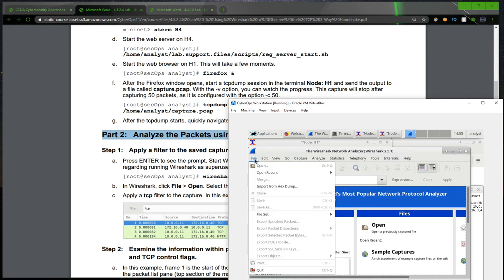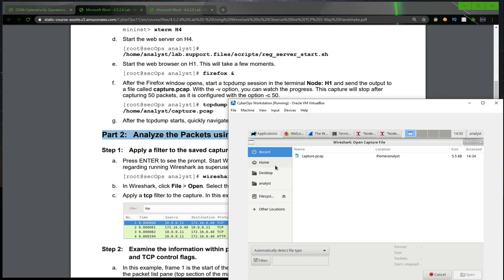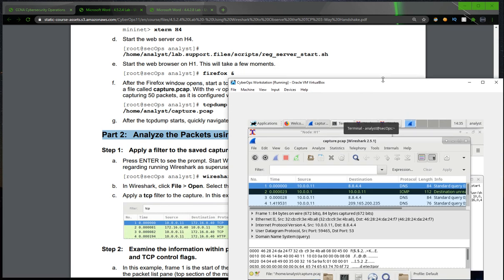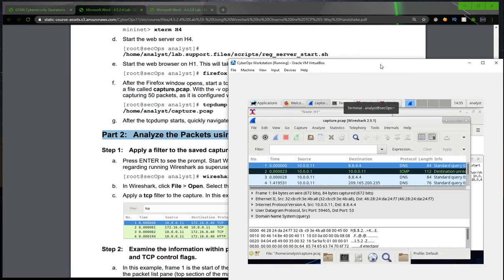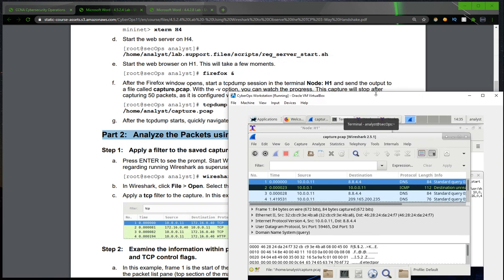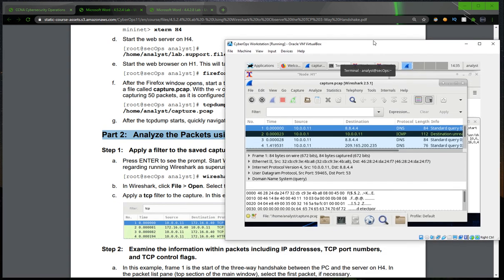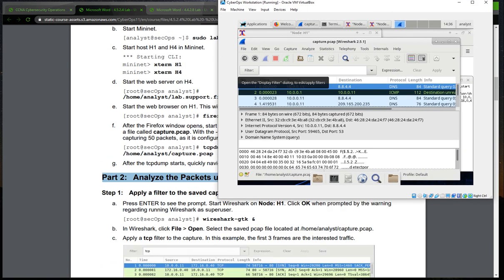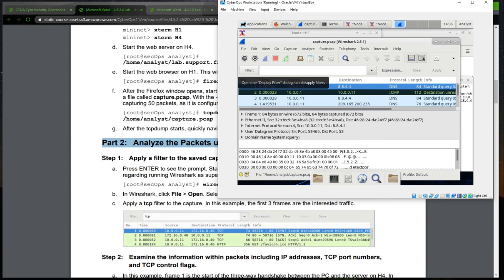Now we have to open the file using File, Open, and here we have capture.pcap. Click on open, and you can see that we got our file here. Here in Wireshark we have opened it and applied a TCP filter.